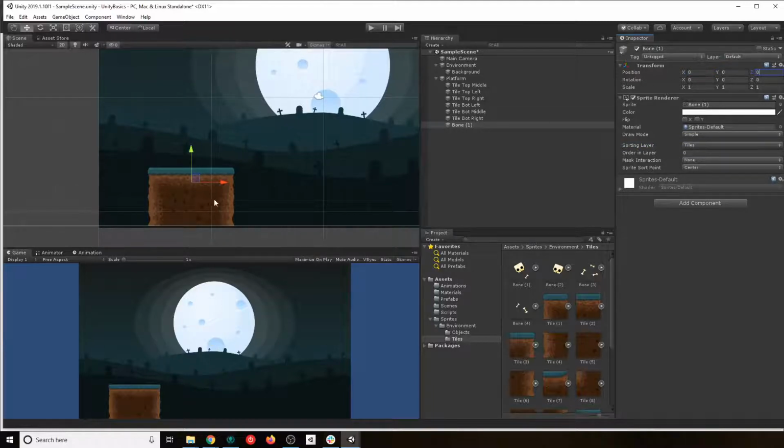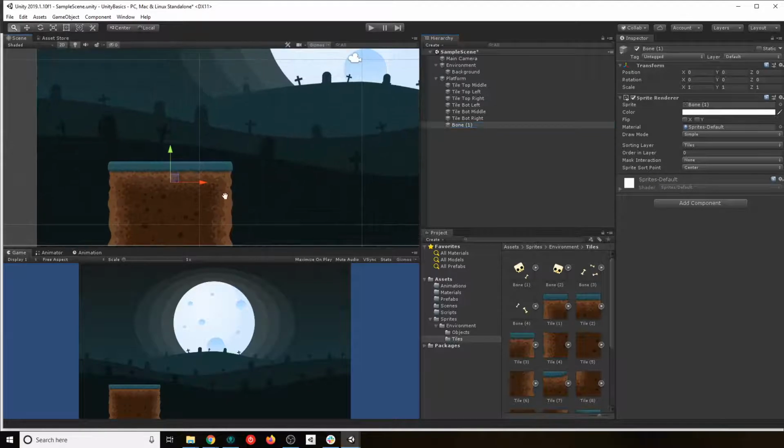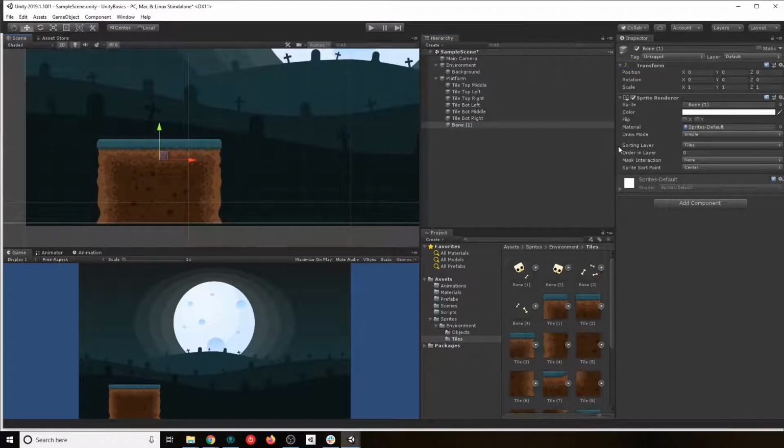So you saw that our tile is not working, basically. That's because it doesn't know what to render first, right? That's our problem there. You might think, okay, let's create another sorting layer. But this is not really another sorting layer. This is part of my tiles. It's just a little detail that I want to add. I don't want to create a new layer just for that little thing.